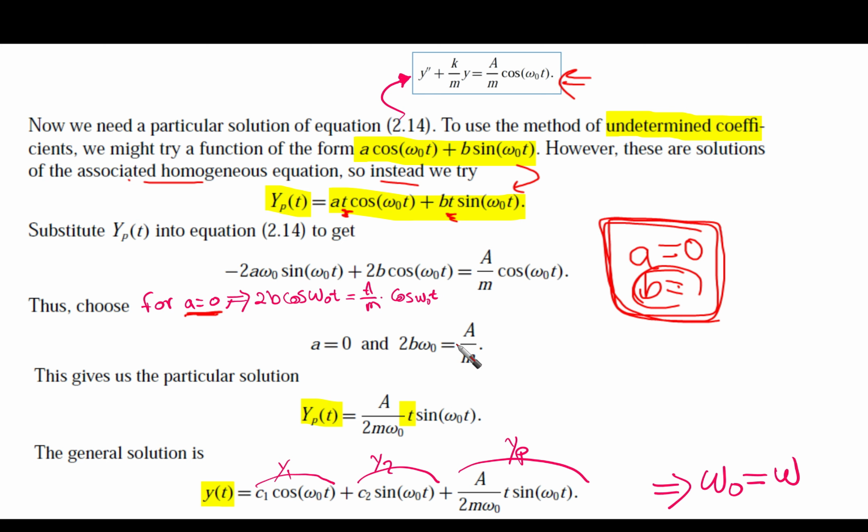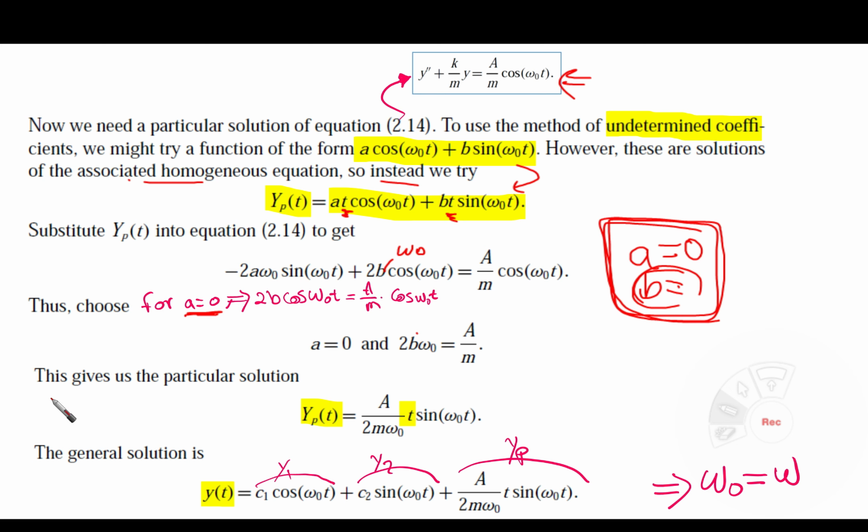2b omega naught equal to 1 A over m. Okay, so let's have this. I think there is something here. There should be omega naught, I think it should be here. And if we assume A equal to 0, then we are going to find that 2b omega naught equals